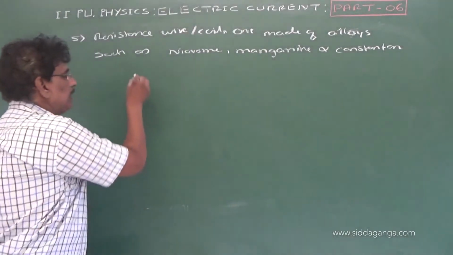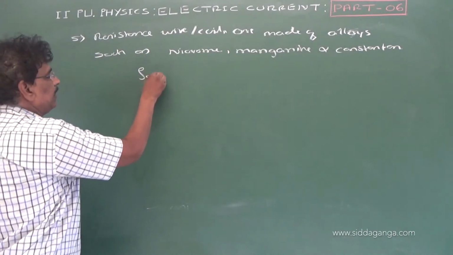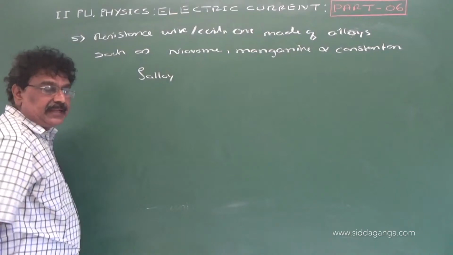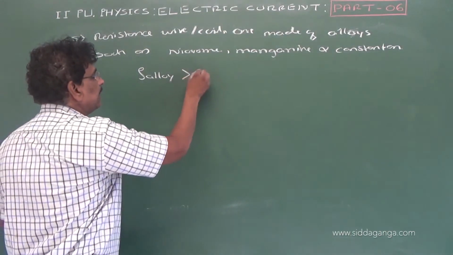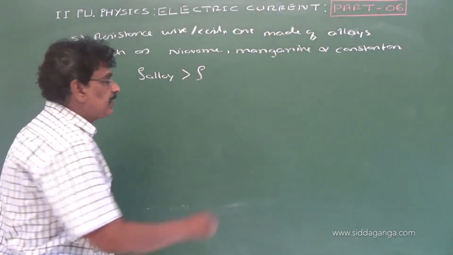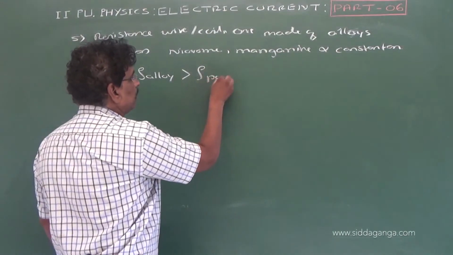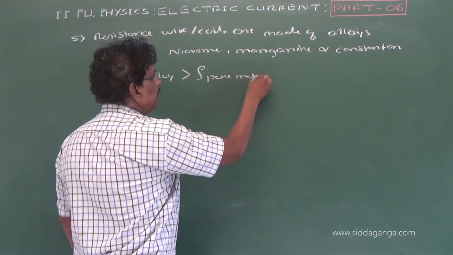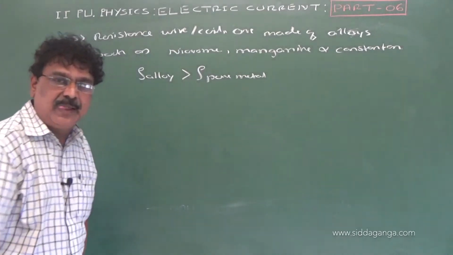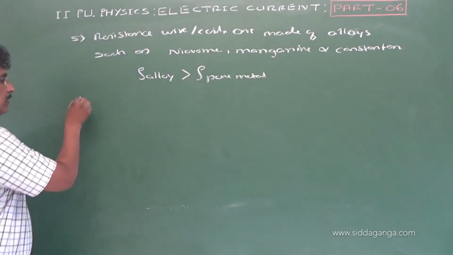Now generally the resistivity of an alloy is greater than the resistivity of the pure metal or constituent metals. Now generally for pure metals